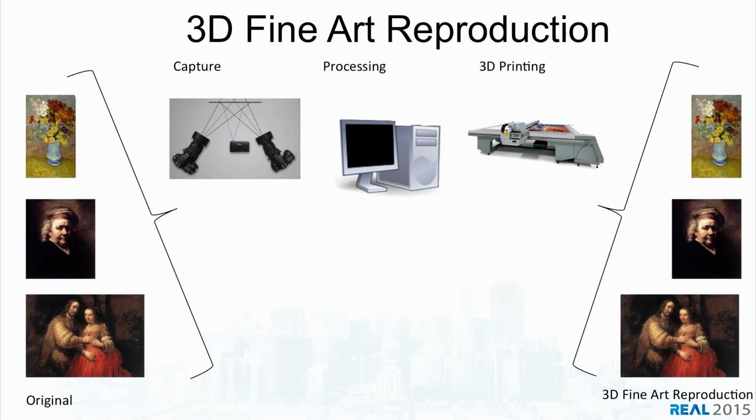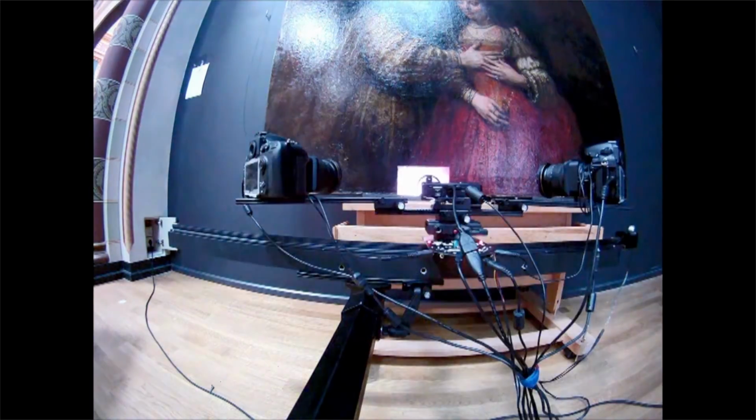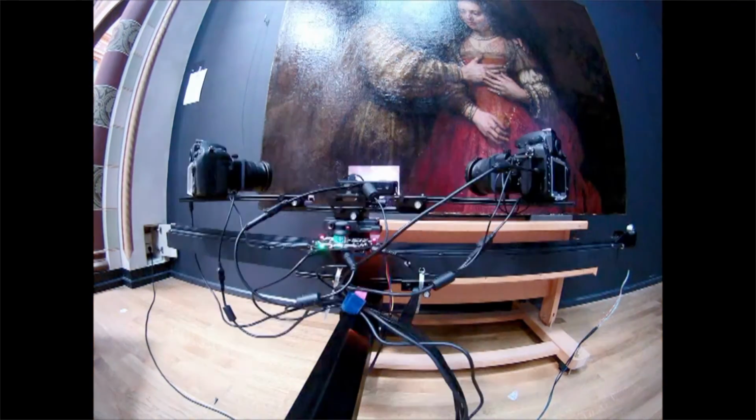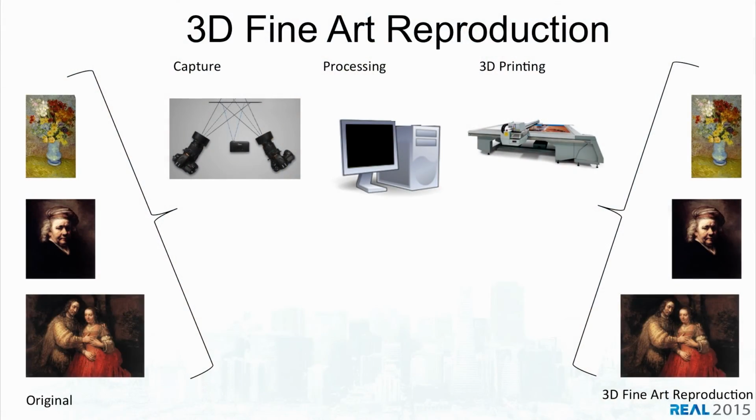So eventually we also, of course, did the printing of this. We worked together with OSE to do that. So what we did is we had these three paintings. We captured it, processed it, printed it, and then out came the other paintings. So first we captured it, and it looks like this. So it just goes, as the ox plows, we go along the painting, capture, capture, capture, capture. Then we did the processing. It was very boring to look at, but